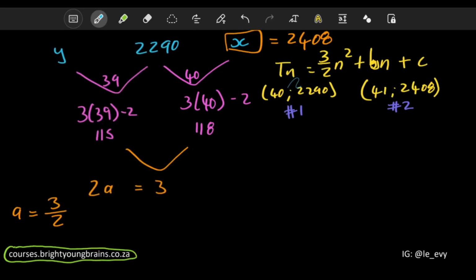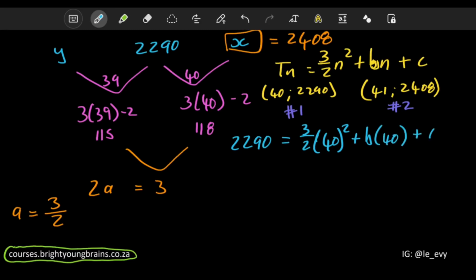So in this expression where we see Tn, we can put 2290, and we can put 40. So this is 3/2 with the 40 there. I do feel like I may have gone the long way here, but again, this is definitely going to give us the answer. So let's just carry on. I think it's easier to make c the subject of the formula, because if you make c the subject, you end up with b only to work out. So let's see here, 3/2 times 40 squared. If you put that into the calculator, let's see what that gives us. 3/2 times 40, the whole thing squared, that's